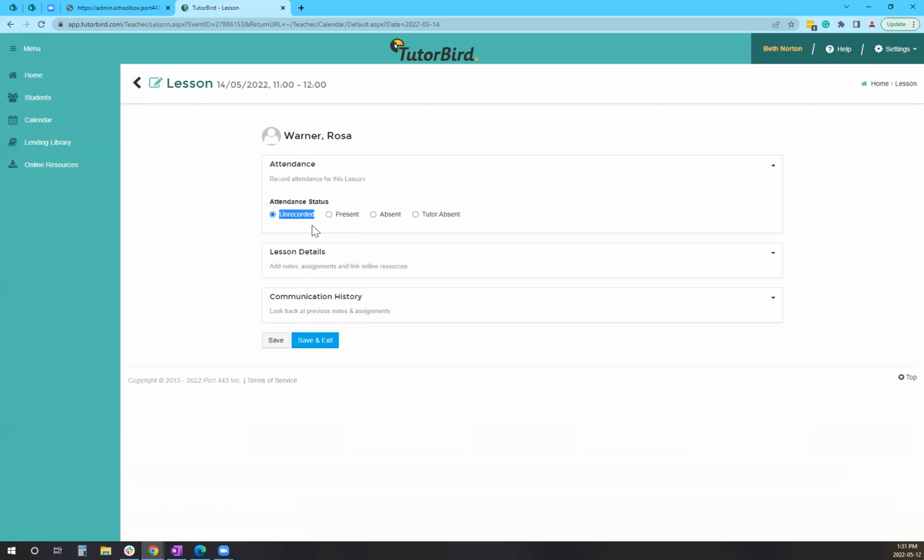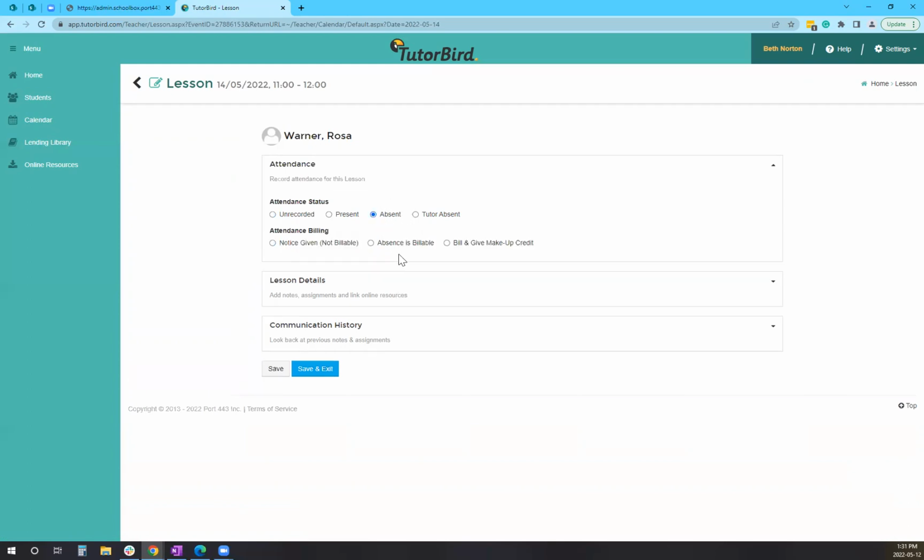taken. Brilliant. But of course, it is still very important to remember to take attendance, especially when it comes to the absences. So when you select absent, that's where you can choose if the student should be billed or not. Depending on what your policy is, you would choose the correct option. So if the student gave enough notice as per the business's policy, you would choose not to bill or bill them for the absence. And then our third option here is bill and give makeup credit, which means that they